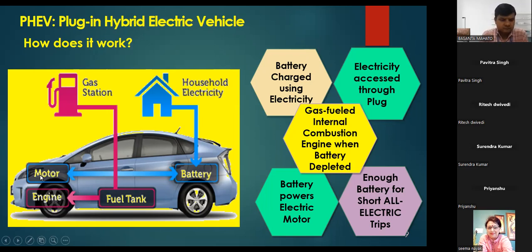Okay, so we will use maximum electricity to run this car, but in case of low charge or unavailability of the charging system, then we can use the fuel, petrol or diesel, in this car. So this will be a dual kind of car, with a dual engine system. One is the electric vehicle, another is a traditional engine. So both engines will be there, the electric engine and the petrol fuel engine. So this is the plug-in hybrid electric vehicle.